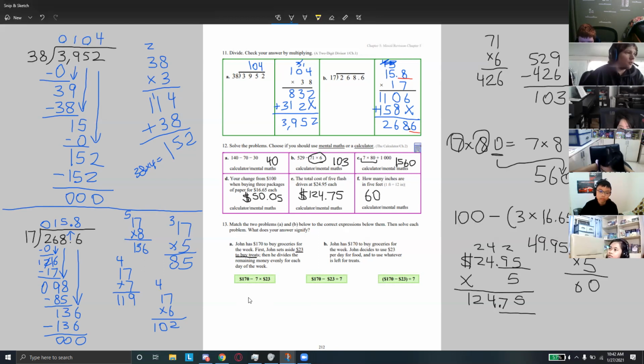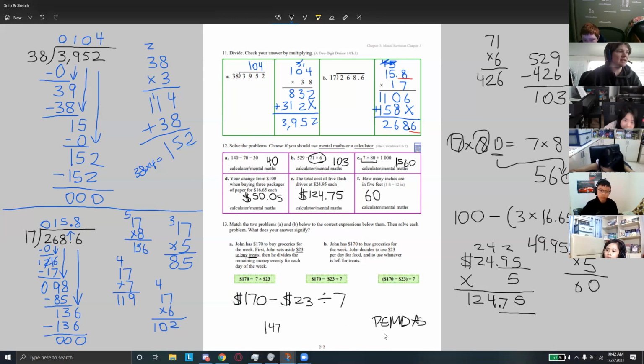Okay, so we're going to start with $170. Then he's going to set aside $23 to buy treats. So he's going to pull $23 out of this amount. Now he has that saved. And then whatever's left, I know that's going to be 147, right? Whatever's left, he's going to divide evenly by the days in the week. The problem is if I just added divide by 7 here, PEMDAS would screw up